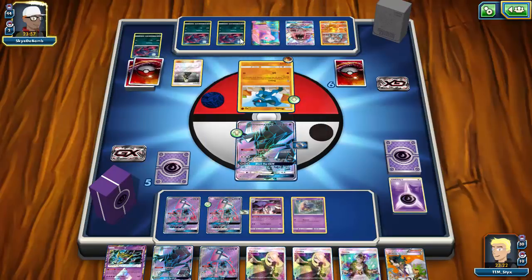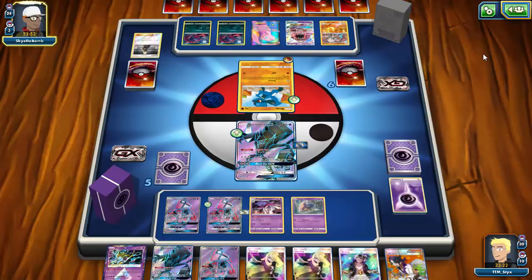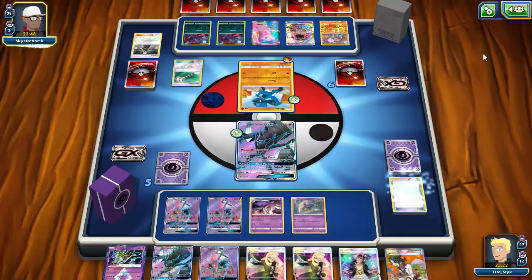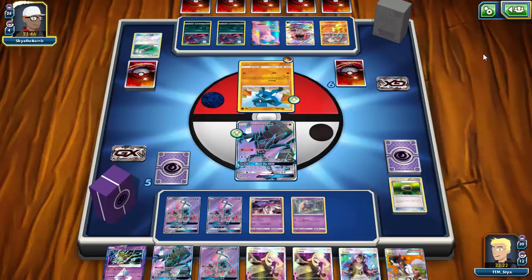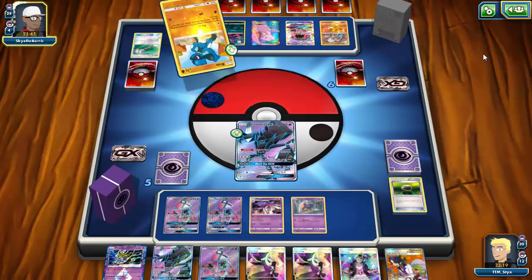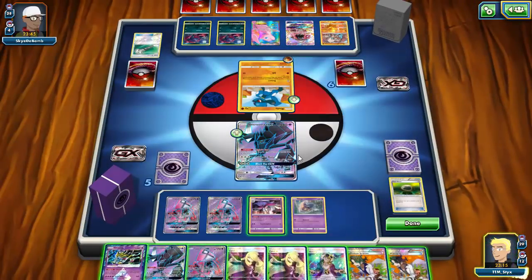Oh boy. Mew is going to be very scary to deal with, as it can just one-shot Necrozma with a Righteous Beating. But see, this is where something like Wobbuffet would really come in handy. And he manages to keep himself immune this turn. So even if I wanted to try to knock him out, I couldn't. So that being said, let's go ahead and...